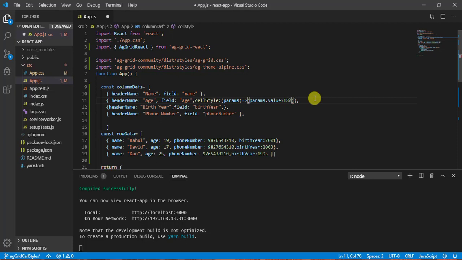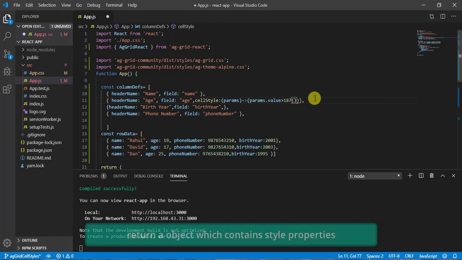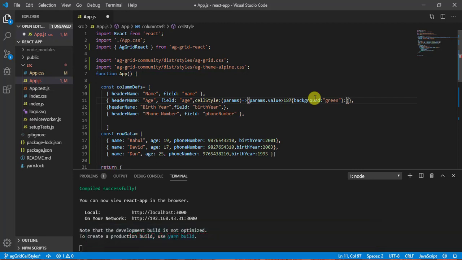If the value is greater than 18, we want to return green. So we will return one object, and let's call it background. Here let's mention the color green. Otherwise, this is the object, and we can say background as red.